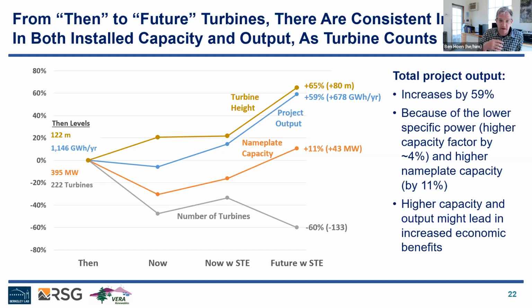One thing you should note, which I'll reference later, is that this increase in nameplate capacity and this increase in project output would probably mean an increase in some of the financial benefits for the community. A lot of them are based on nameplate capacity or project output, and that could be not only payments to landowners, but as well the way taxes are collected, if they are collected in communities. So this might mean greater economic benefits for communities, but given the same amount of land.